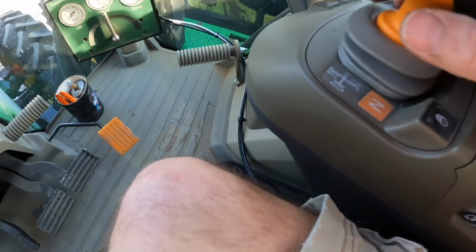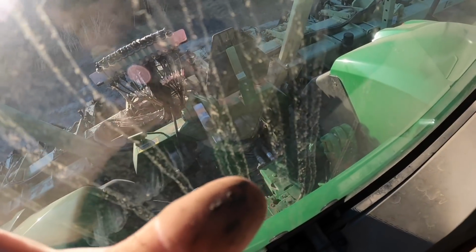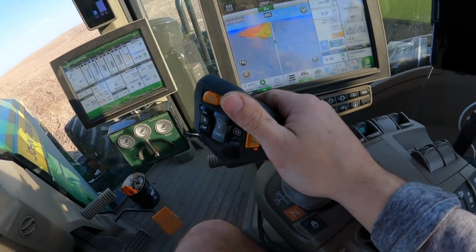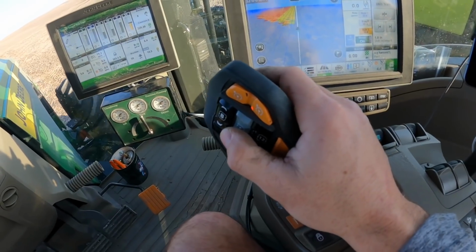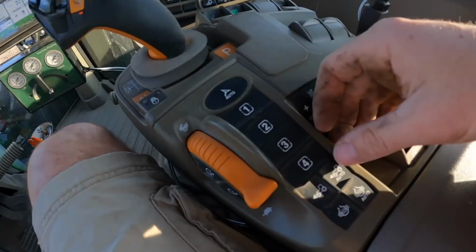There's a floor switch. I actually have a height switch down there on one of the parallel arms that automatically turns the fertilizer on and off, so when I let it down it'll kick in. I think we're ready to go. Better make sure my